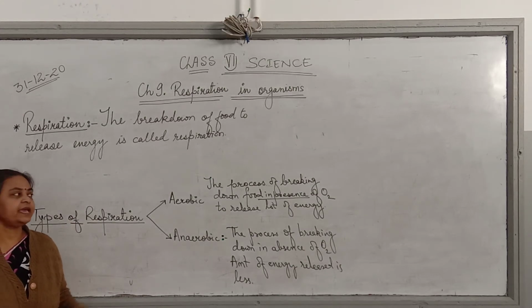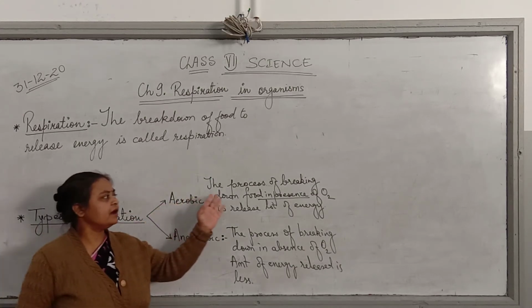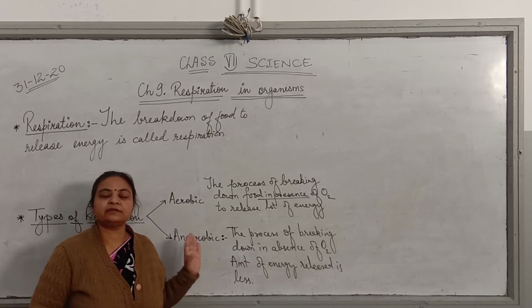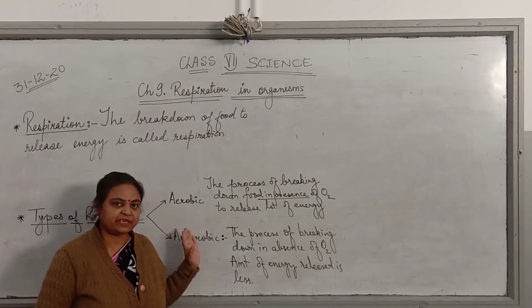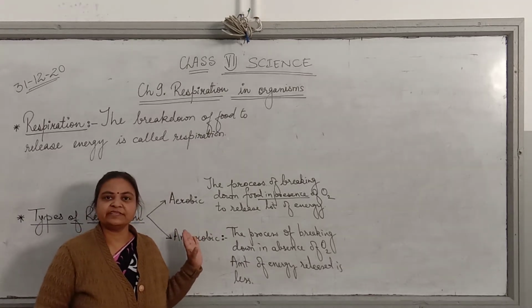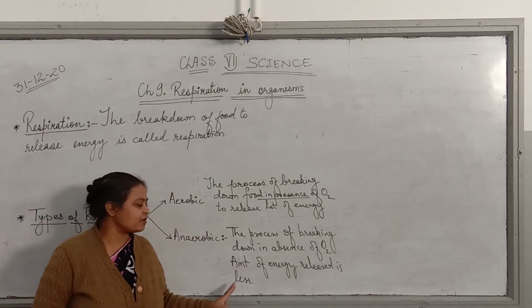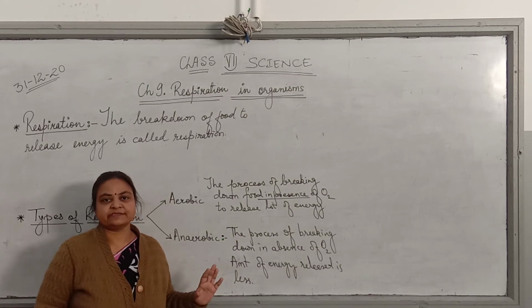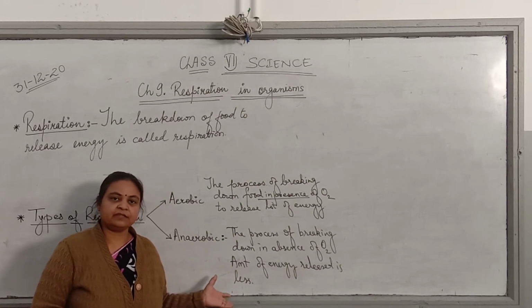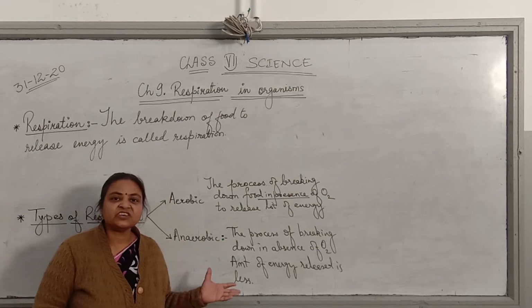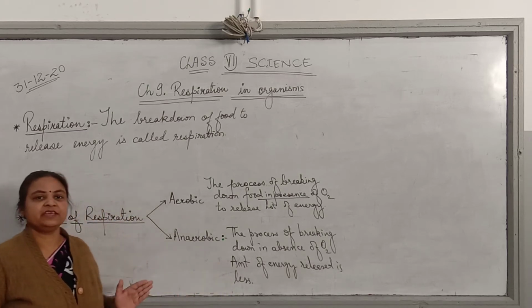So naturally aerobic respiration is very common in higher organisms like human beings and the other mammals, birds, reptiles and all. Whereas anaerobic respiration is common in microorganisms like bacteria and yeast. They respire anaerobically. They do not require